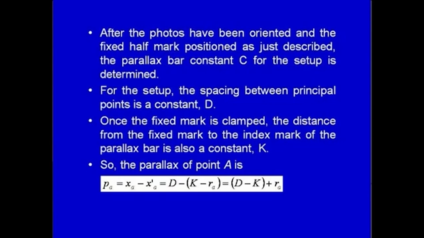For the setup, the spacing between the principal points is a constant factor d. Once the fixed mark is clamped, the distance from the fixed mark to the index mark of the parallax bar is also a constant k. So, the parallax of a point A can be expressed as P A is equal to x A minus x A dash, which is equal to capital D minus within bracket k minus R A, and this can be written as D minus k plus R A,